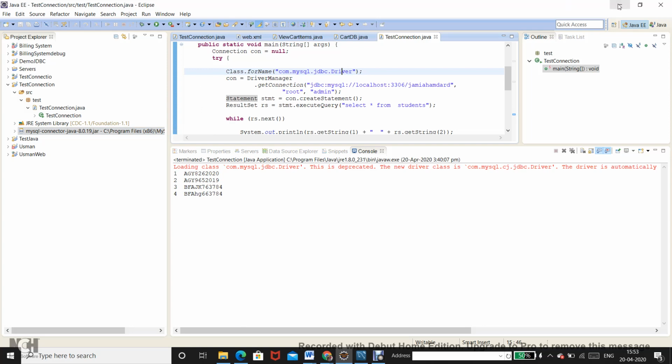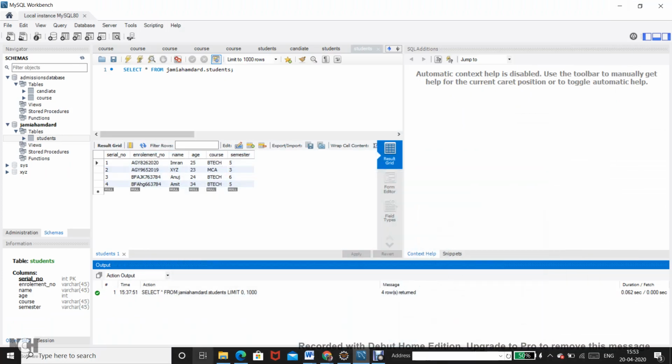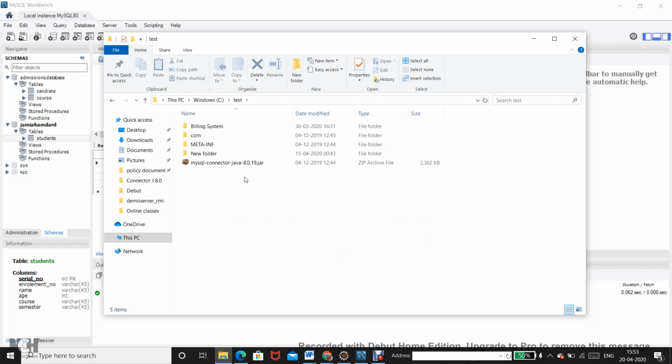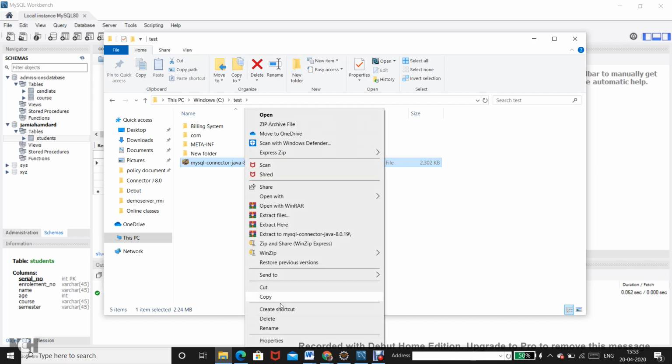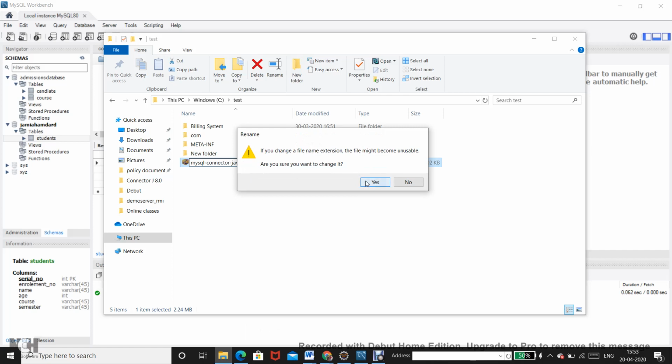So let me go to a separate directory. I have created a directory called test in Windows, just to put anything that I need to show you. This is the jar file, the connector. I have extracted it. You can just change the name from jar to zip and then extract it.